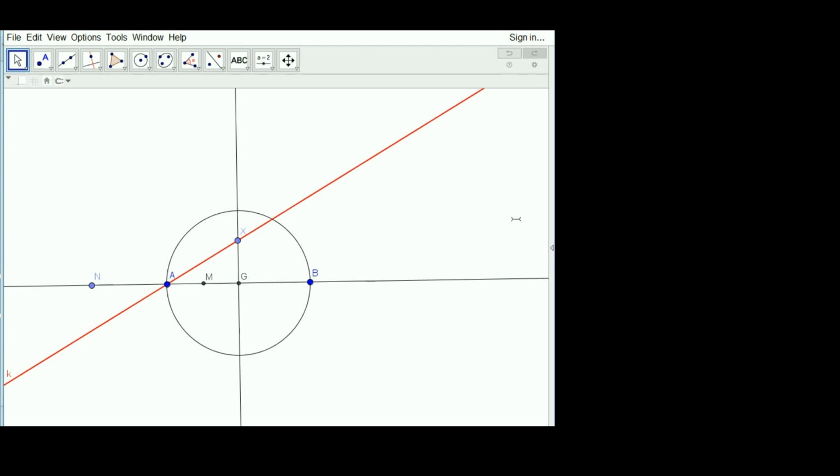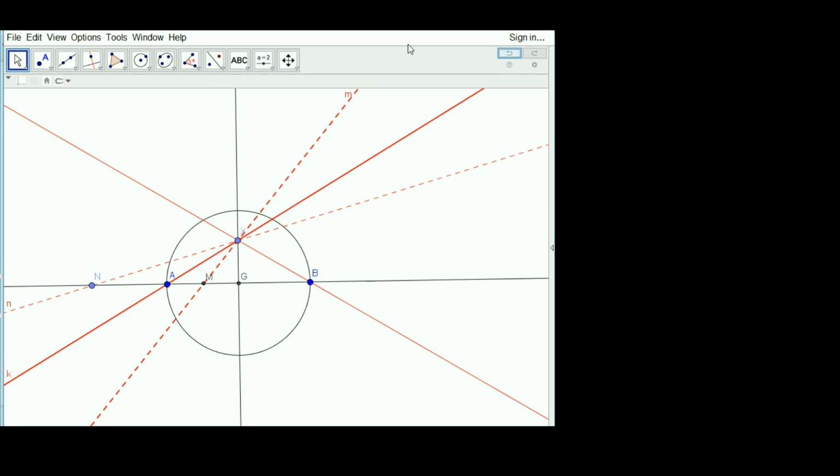So what we can do, rather than just taking this kind of simplistic view of draw a line, draw a perpendicular, got a point on the circle, is join X to four of the points on our breathing involution. So we'll join it to these fixed points A and B, and also to this pair of mates M and N. And this gives us a couple of fixed lines, these solid lines, and a couple of mates, these dotted lines, under the corresponding breathing involution of the lines through X. And so we'll call these dotted lines N and M, and they're going to be switched round by this involution